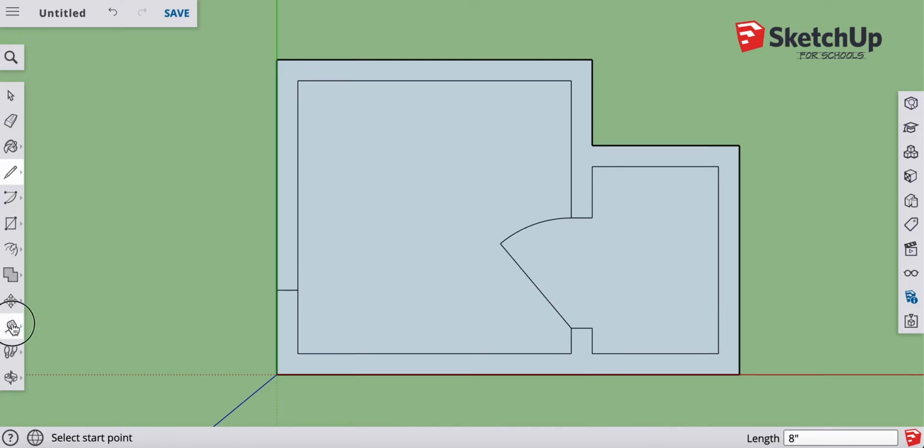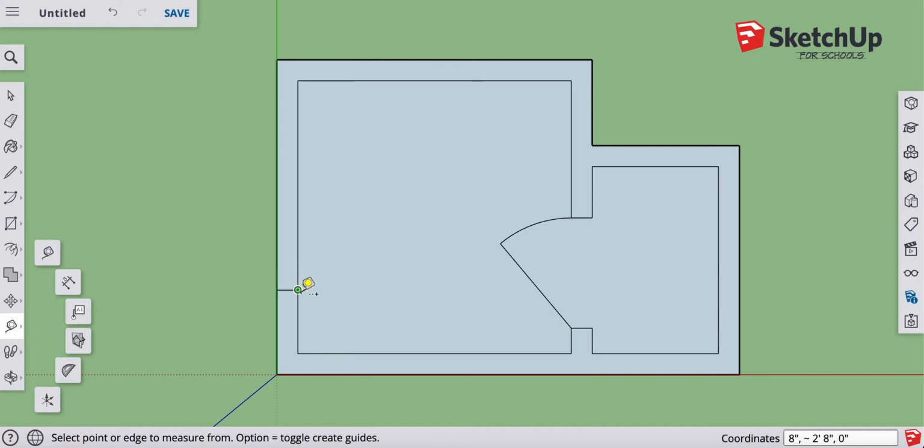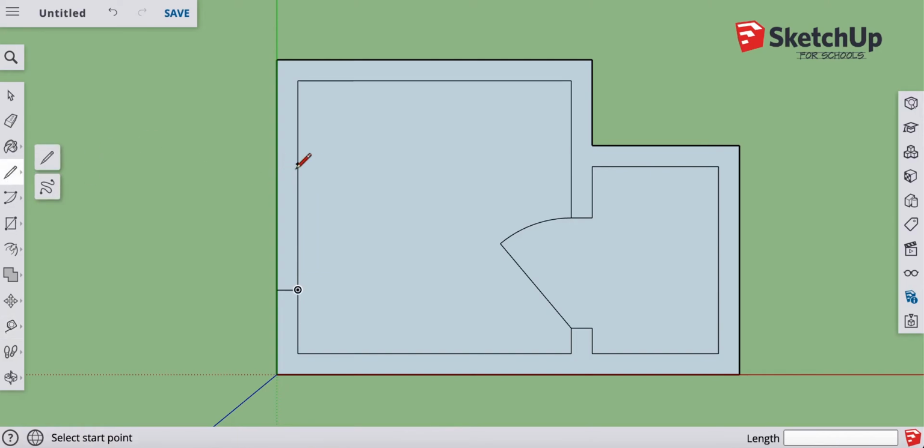So again, let's take our measuring tool, click at the right here in the corner, drag it up a little bit, and then we want to make it 4 feet. Type 4 feet down in the length, enter, and there's our little dot, and we can draw this line across,